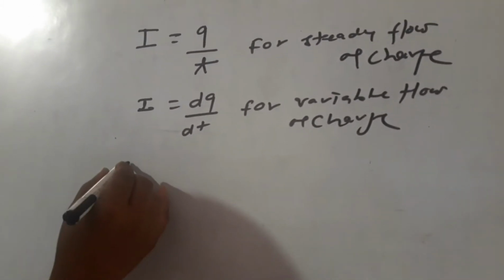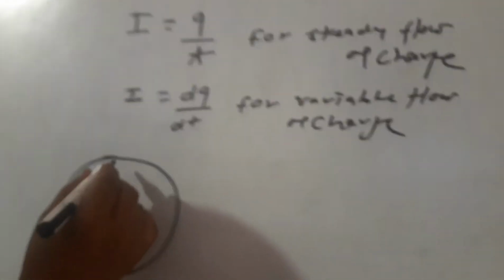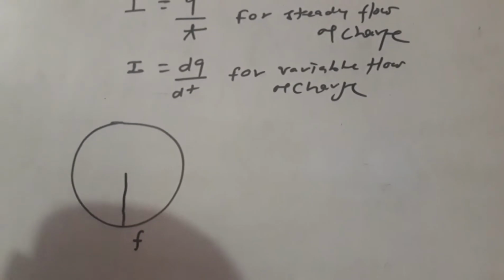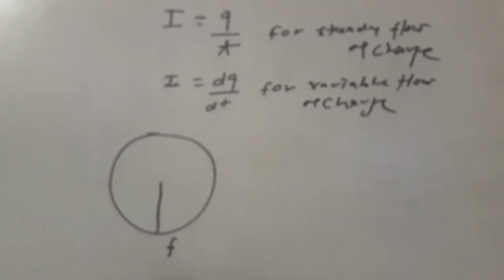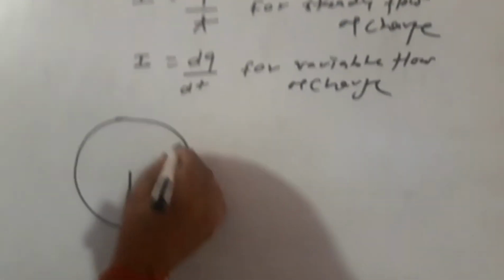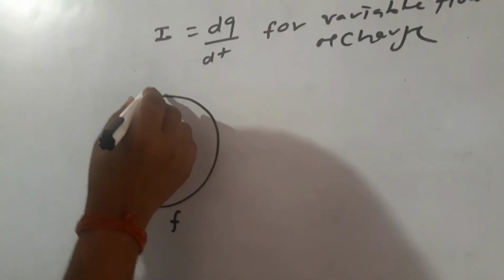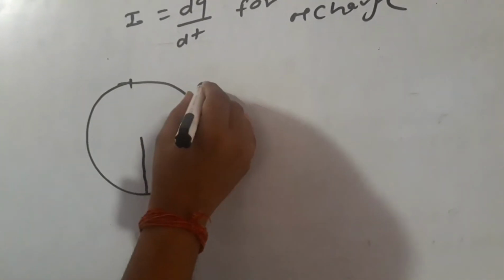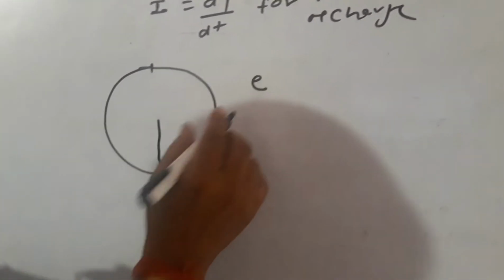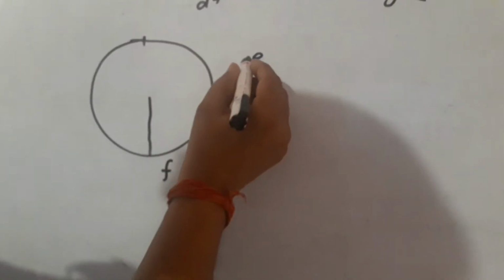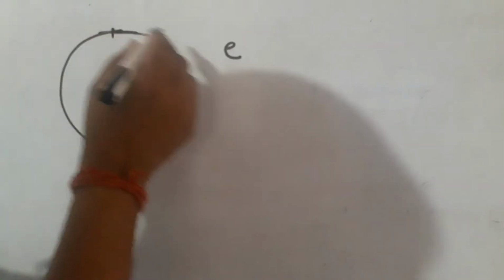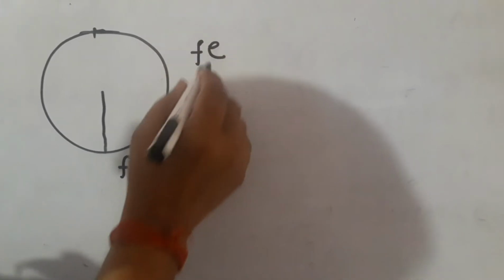For example, if an electron revolves in a circular path of definite radius with frequency f, and we have to find total current due to flow of electron. So since total flow of charge from any point due to electron is e, means electronic charge. Therefore, total flow of charge from any point in f cycles is equal to fe.